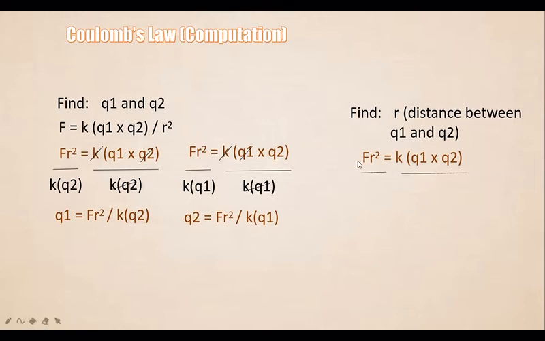So in here, since what we need to cancel is the variable of force, because what we need to find is the r square or the distance, so we need to divide both sides by the variable of force, then cancel it. Then the answer will be r square equals to Coulomb constant multiply by Q1 and Q2 divide by